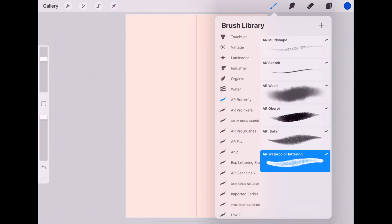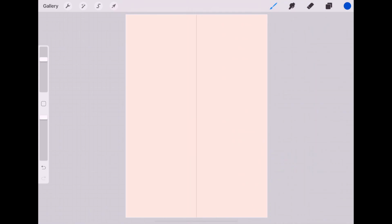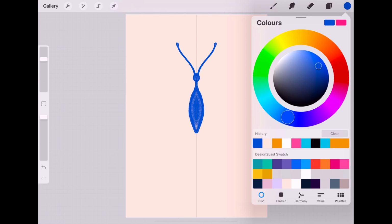So the brush that I'm using is watercolor lettering, but as you can see I have tons of other brushes also. Feel free to experiment with them. Now for the butterfly, first of all I'm choosing a dark blue color, and feel free to experiment with the butterfly shapes by varying the opacity, or also by choosing any kind of shape that you would like. But for this particular session of ours, I have chosen this kind of a shape. And then once this is done,